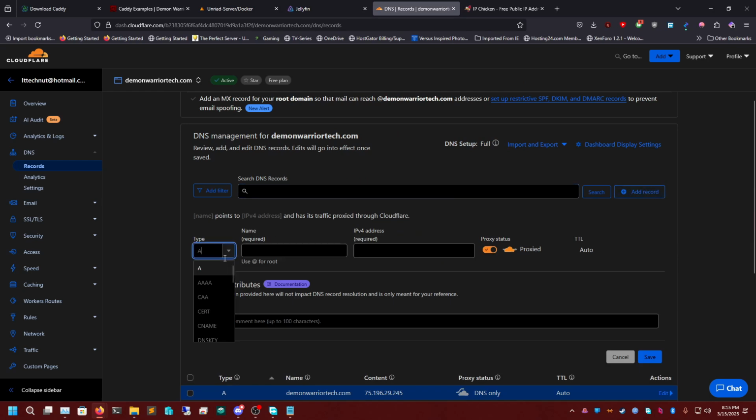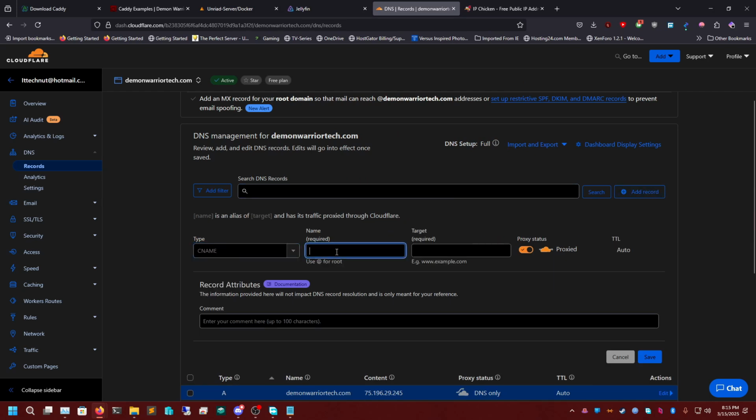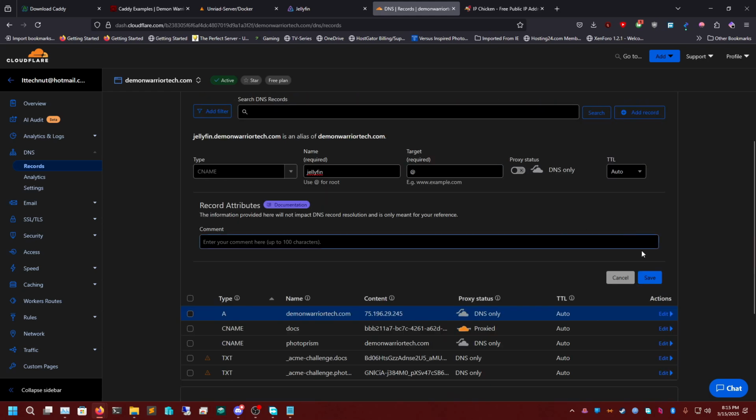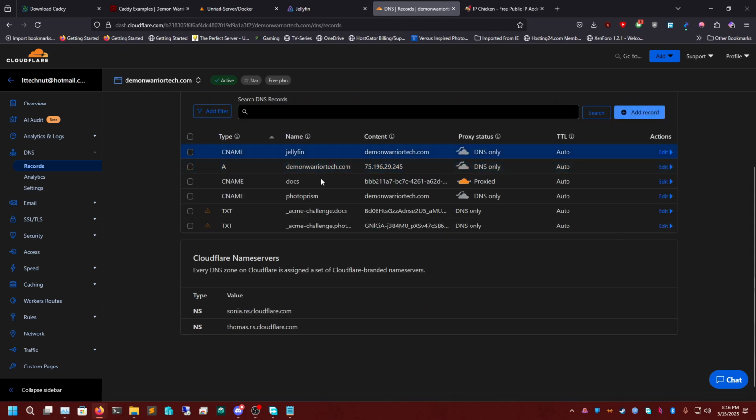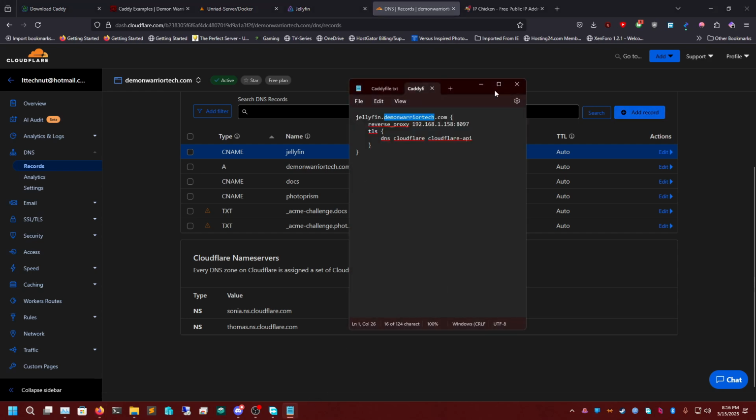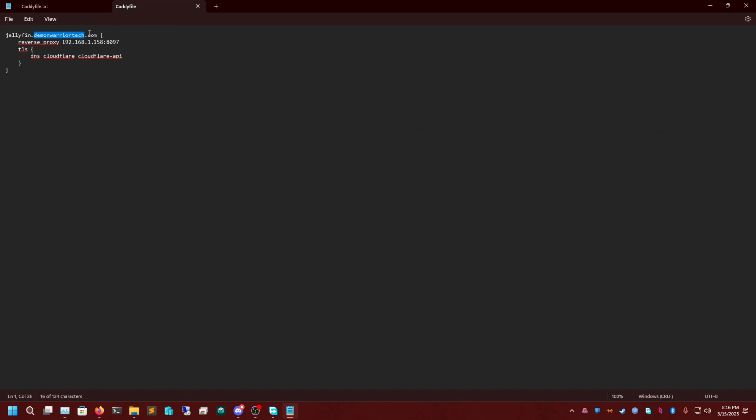Click add a record, CNAME, and we're going to do jellyfin, and we can just do an @ symbol here to copy the fully qualified domain, and click save. And now I have a CNAME. Now to link this is where the Caddy file comes in. So now that we have jellyfin.demonwarriortech and it registers to this, we need the API key to link it to